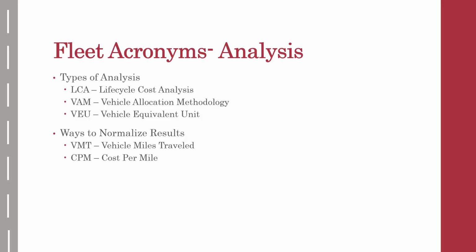What you would then do is normalize all of the other vehicle classes in the fleet to that standard, so that an SUV might be 1.2 BEUs because it costs slightly more to maintain. In that way, you can come up with a comparability measure that can be used to compare different fleets and make some sense of what the appropriate staffing levels are for your fleet, things of that nature.